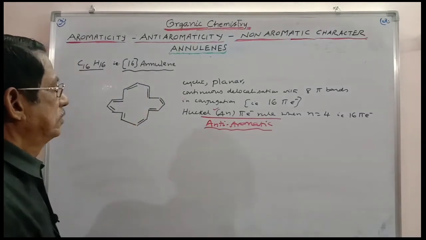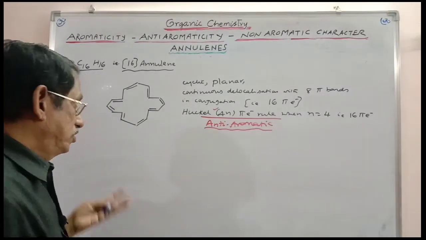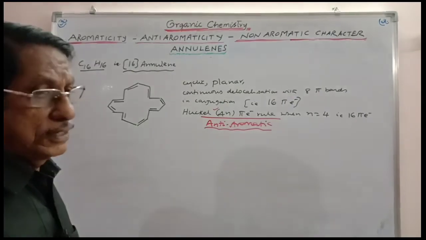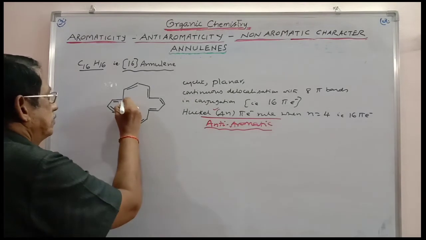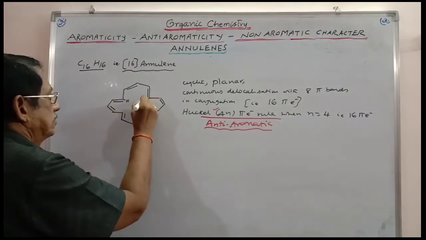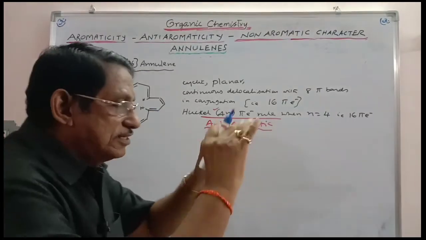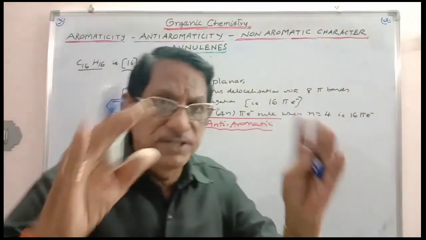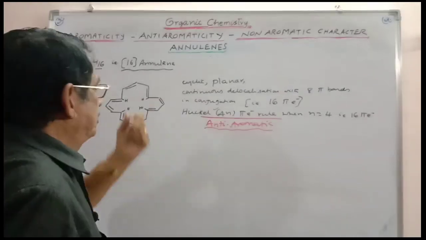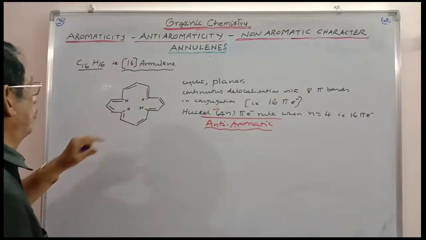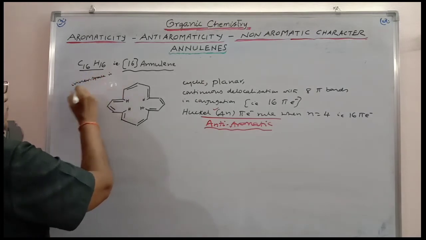And here, is it correct? NMR spectrum also shows the same structure. Then can't you consider the repulsions in between the inner hydrogens? Yes, okay. This is one hydrogen, this is second hydrogen, this is third hydrogen, this is the fourth hydrogen. As the size of the ring is increased, inner space is also increased. And so the hydrogens are at a larger distance. Inner space is more here.